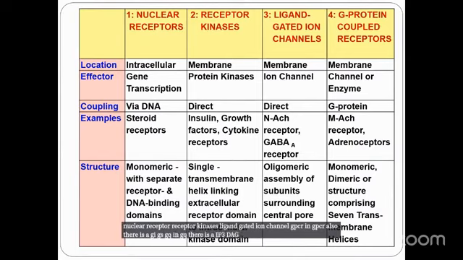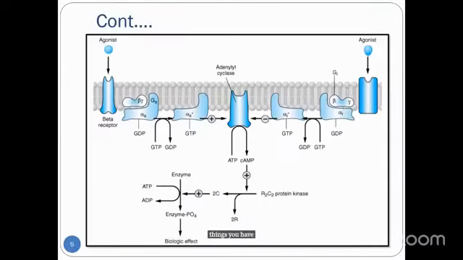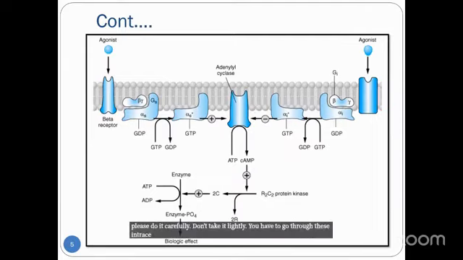In Gs there is adenylyl cyclase, leading to the formation of cAMP and the phosphorylation of particular channels, and it increases contraction. So all these things you have to go through before planning network pharmacology studies. Please do it carefully. Don't take it lightly. You have to go through these intracellular signaling mechanisms, and it depends upon in which area you want to use